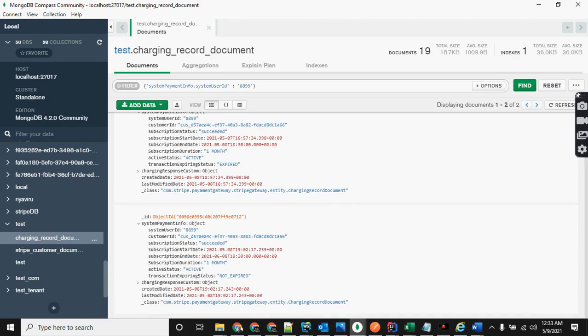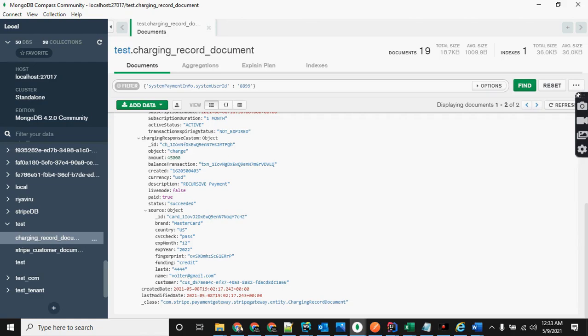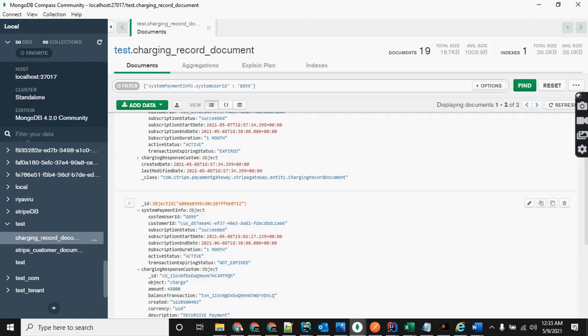You can see this transaction is expired, and it automatically creates a new record for the next month. You can see all the things have changed, and the sources are all the same, right? The same customer is charged, so you can see the same card details.